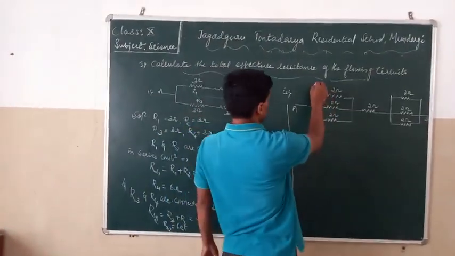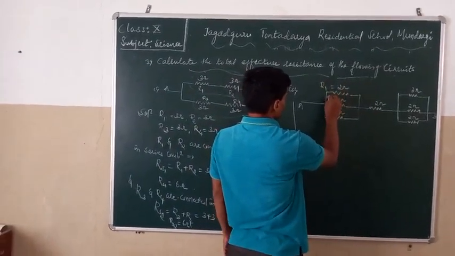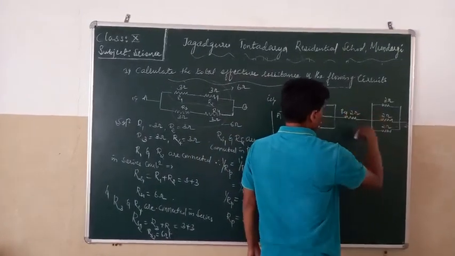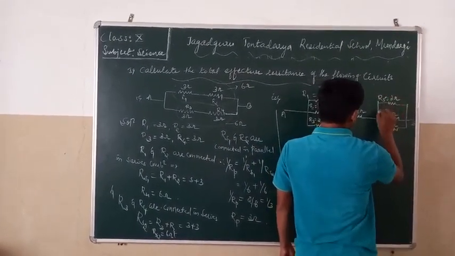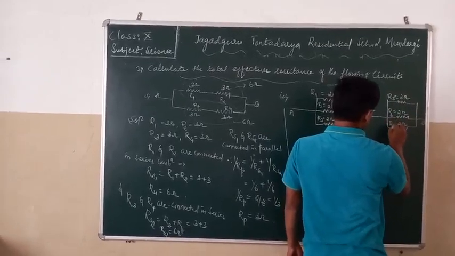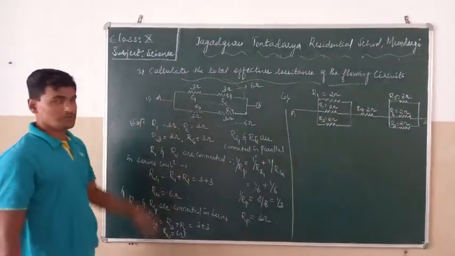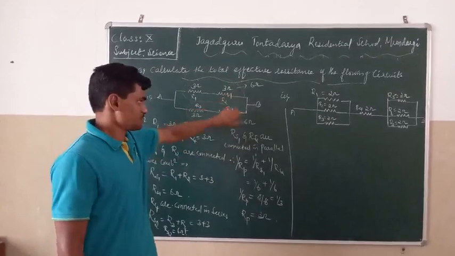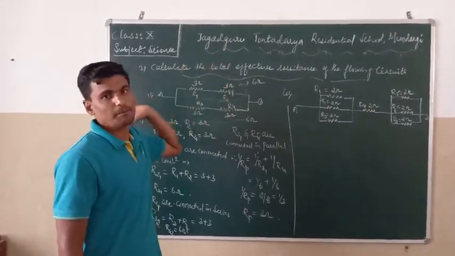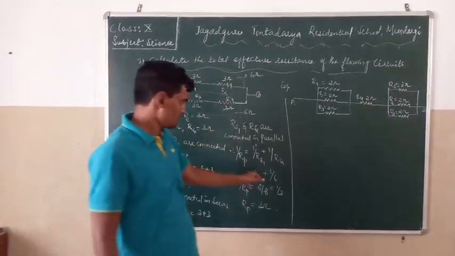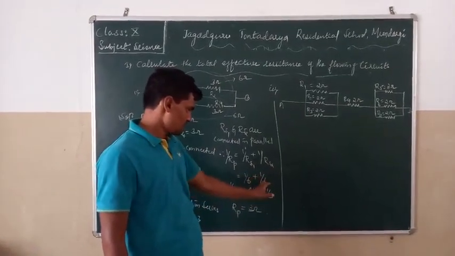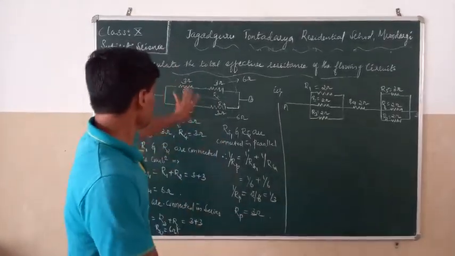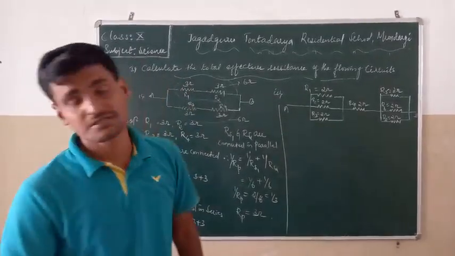So what about in that case? Say this will be R1, R2, R3, next R4, next R5, R6, R7. I will explain once again. These two are in series, these two are in series, 6 plus 6. So what about these two? They are in parallel combination. 1 by 6 plus 1 by 6, automatically the LCM will be 6, 1 plus 1 is 2, 2 divided by 6, taking its reciprocal. The total effective resistance of this combination is 3 ohm.